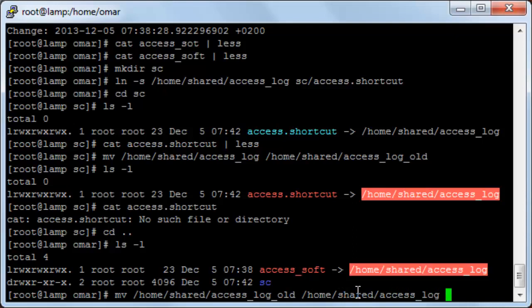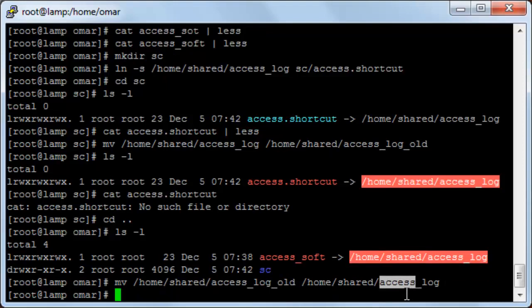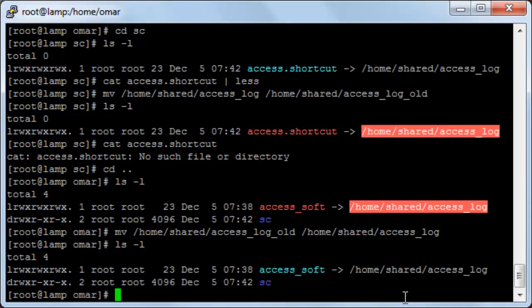And by that I have returned the name of the file to its original name one more time. I will press enter. Now I'll type ls -l. As you see, the shortcut or the symbolic link has worked one more time, and if I try to display its contents,